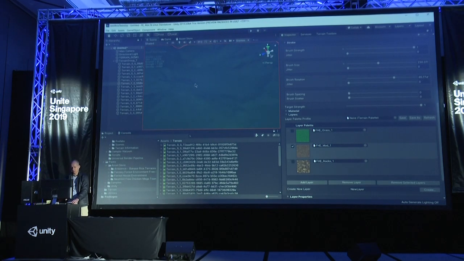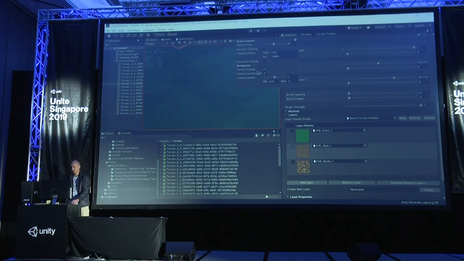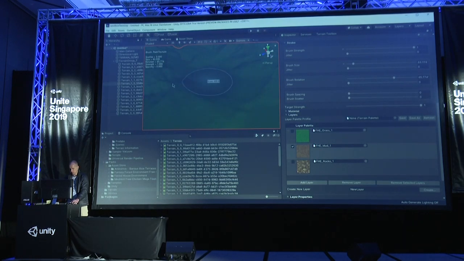So while I'm mentioning it, I'm holding shift down a lot, which I'm sure you all know for moving your camera around quickly. But for those who aren't aware, the scene camera has a camera speed here, so I can adjust this manually or use my mouse wheel as well while I'm flying around to make this quicker. When you're dealing with big terrains, that's going to be really useful. So let's make this brush much smaller,